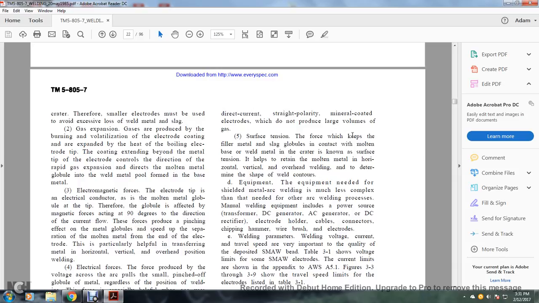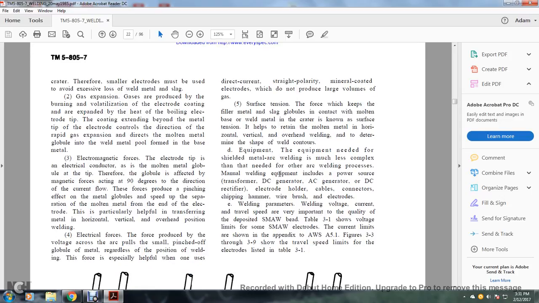5. Surface tension. This force keeps the filler metal and the slag globules in contact with the molten weld metal. The material in the crater is known as the surface tension transfer. This helps to retain the molten metal in horizontal, vertical, and overhead welding and to determine the shape of the weld contours. The equipment needed for shielded metal arc welding is much less complex than that needed for other